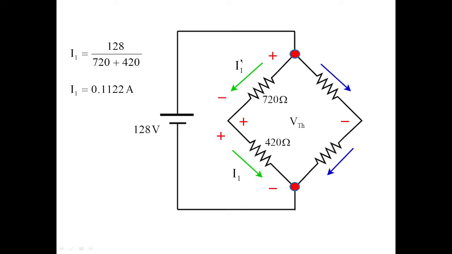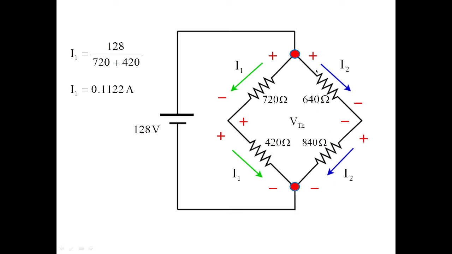With this current, we can find the value of the voltage drop in 720 ohms as well as in 420 ohms. The same rule we are going to apply for the other series resistors, that is 640 ohms, which is in series with 840 ohms. These two are in series, therefore the same current I2 will flow in 640 as well as in 840, and this is how the voltage drops will develop across 640 and 840.